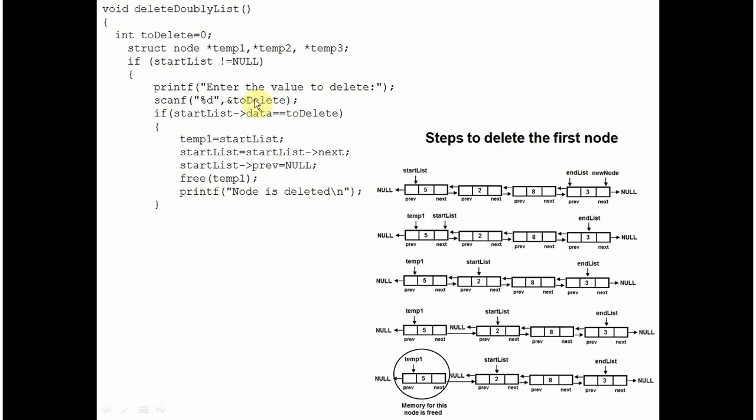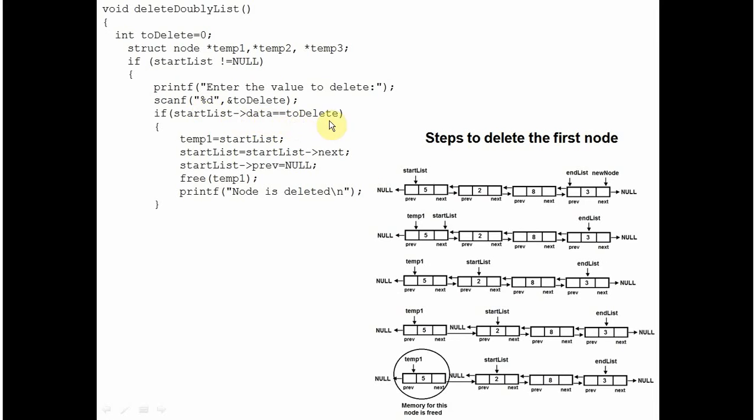In that case, it will go in the if block. It will ask the user what you want to delete. Enter the value that you want to delete. Suppose the user wants to delete the first value, that is 5. That 5 will be assigned to this toDelete variable. You are comparing if the data member of start list, that is the data member of the first element, is